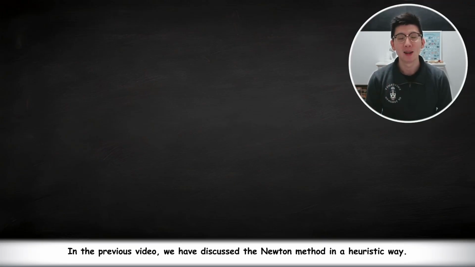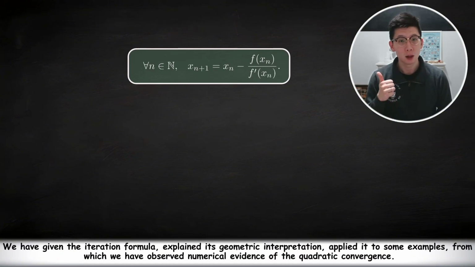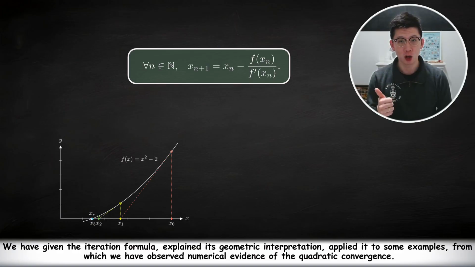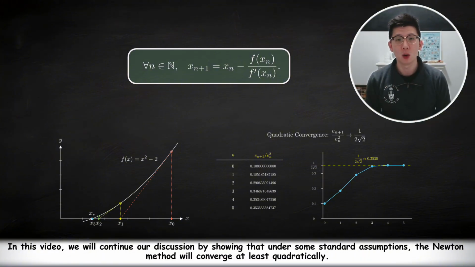Hi everyone! In the previous video, we discussed the Newton method in a heuristic way. We gave the iteration formula, explained its geometric interpretation, and applied it to some examples, from which we observed numerical evidence of the quadratic convergence. In this video, we will continue our discussion by showing that under some standard assumptions, the Newton method will converge